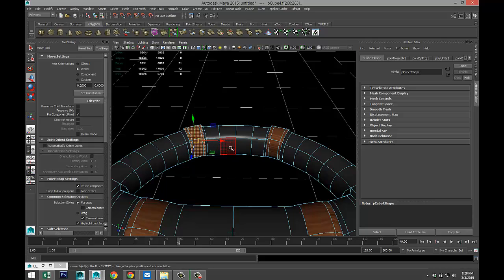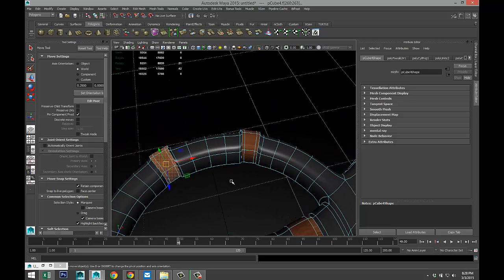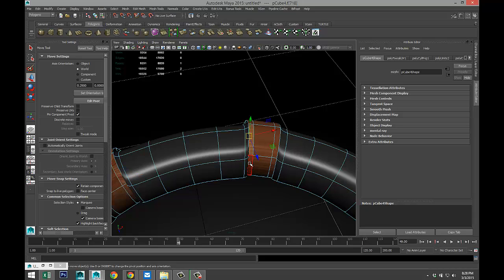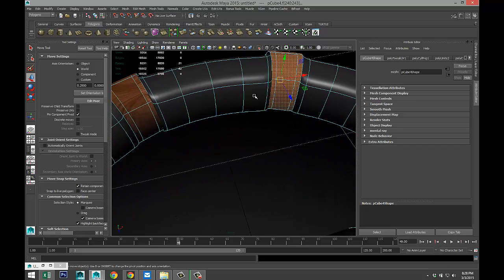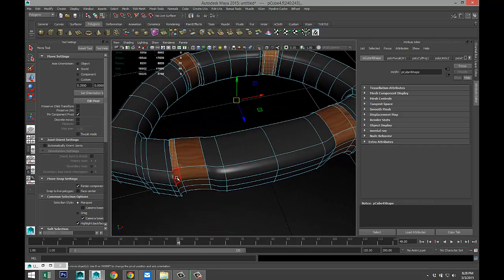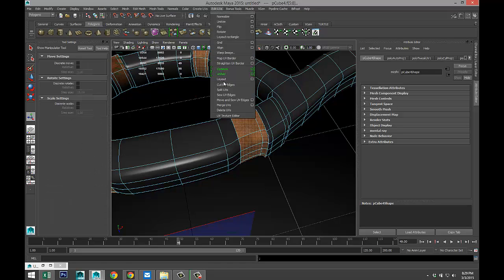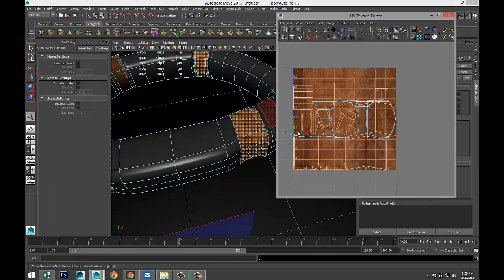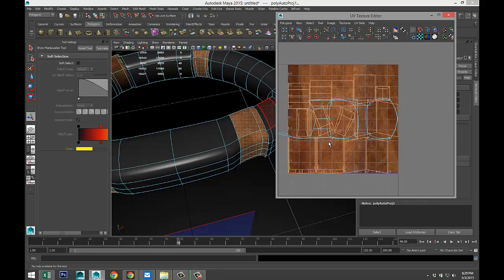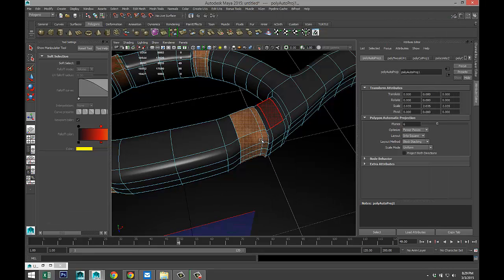All right. So let's deal with this stuff here. Edit UV, UV texture editor. Okay, a lot going on there, but well, there is some overlap, but let's see what this looks like.